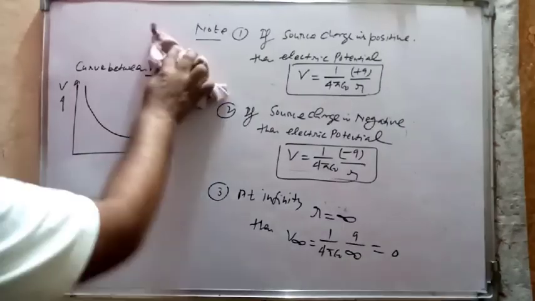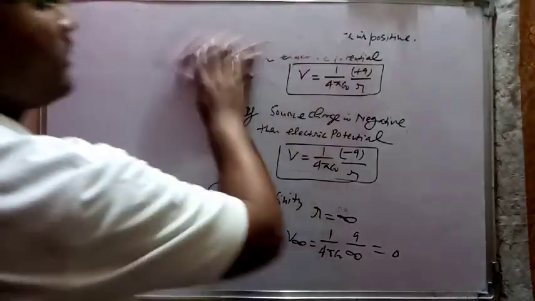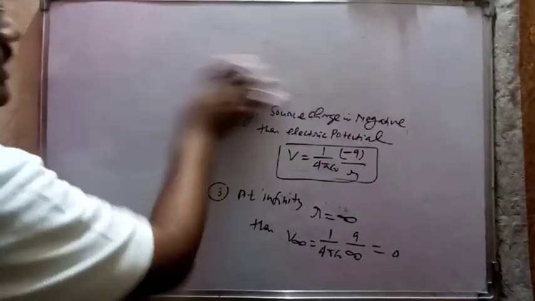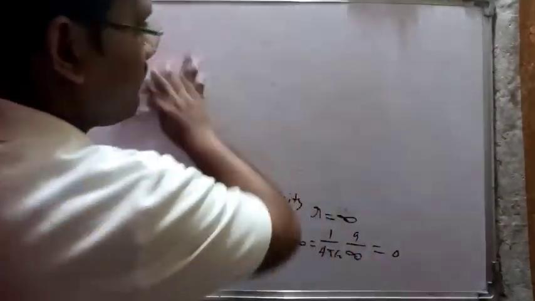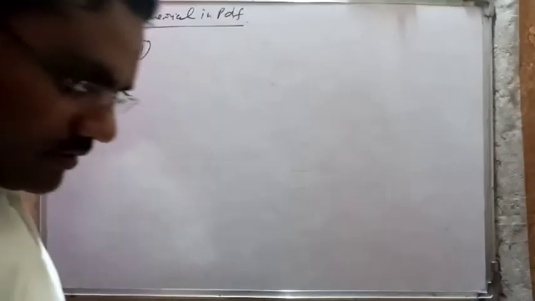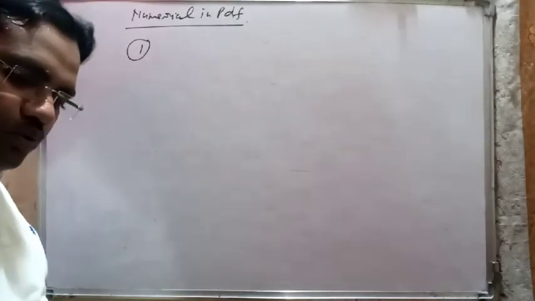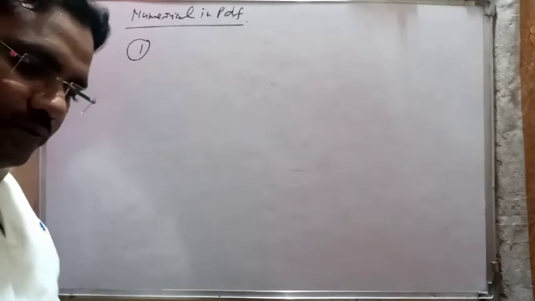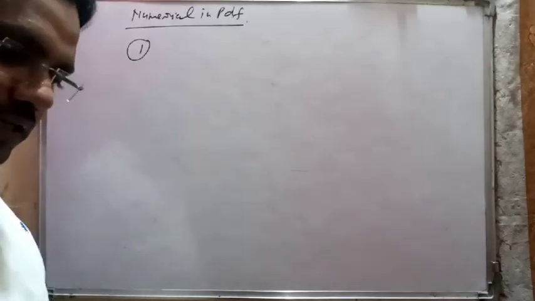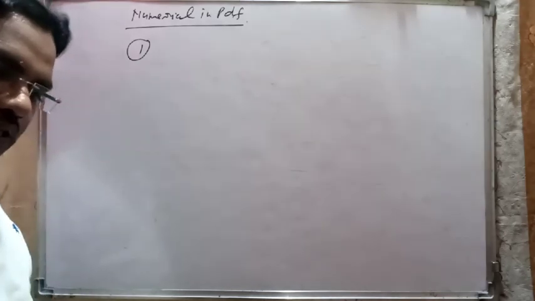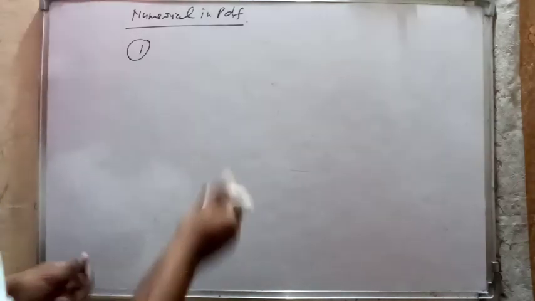There are some numericals discussed in PDF. In PDF there are three numericals. First numerical in PDF. First one is: find the electric potential at a point when a work of 2.4 into 10 to the power 5 joule is done to carrying a charge 5 into 10 to the power minus 19 coulomb to that point. Here given